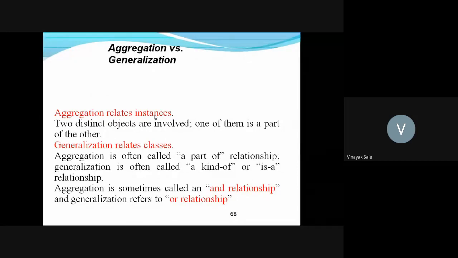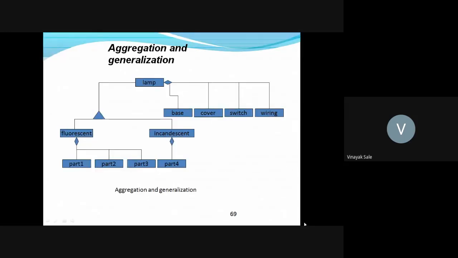The question may be asked for 4 marks: write the difference between aggregation and generalization. So here this figure shows the concept. There are different types of lamps. The first main class is lamp.